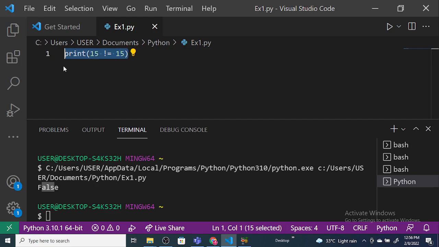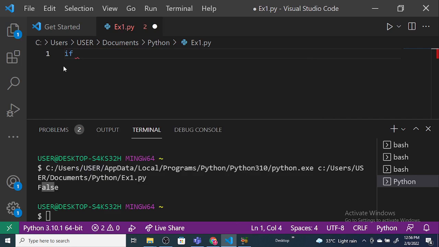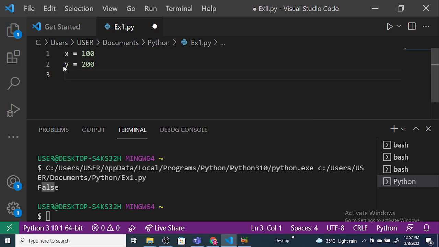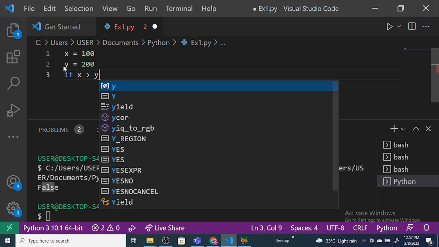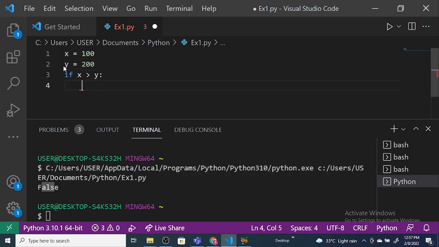We are not using a conditional statement now, but let's say x is equal to 100, y is equal to 200, and then we say if x is greater than y, then print,